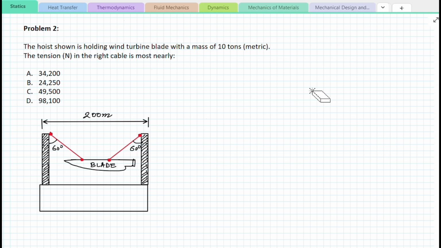In this video, we'll be solving another resultant of force system problem, which is part of the FE exam review session that I just started. This is a simple practical application of the concurrent force. The question reads as follows. The ocean is holding a wind turbine blade with a mass of 10 tons metric. The tension in Newton in the right cable is most nearly